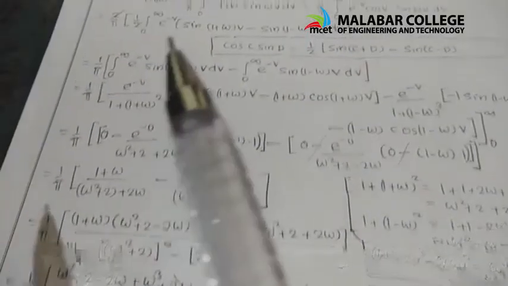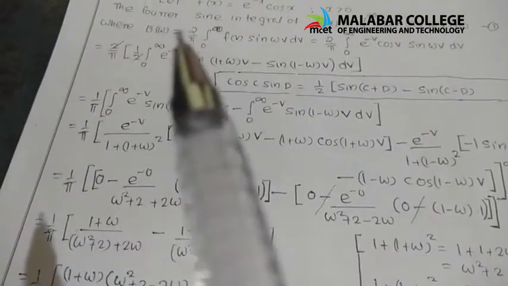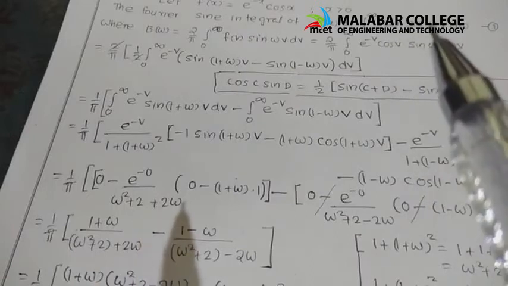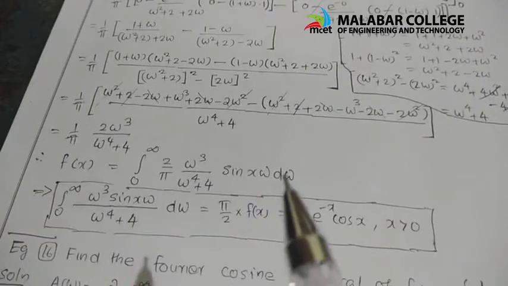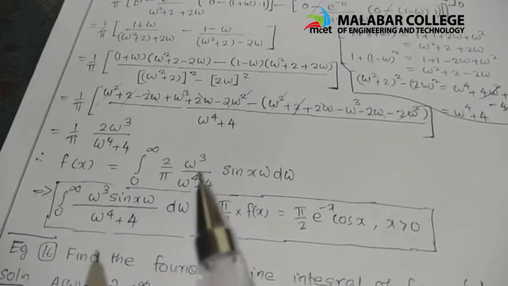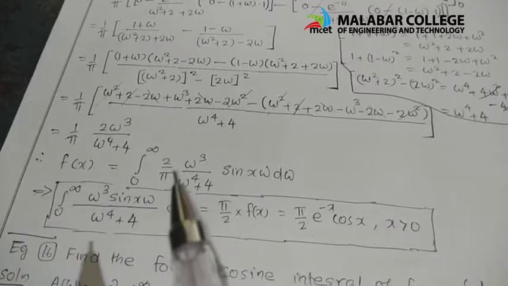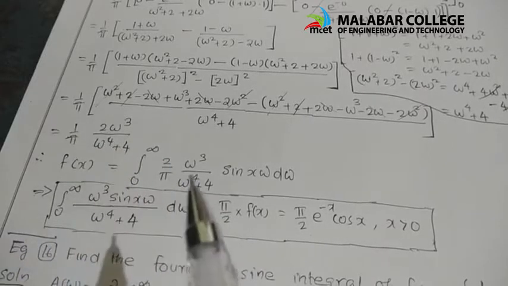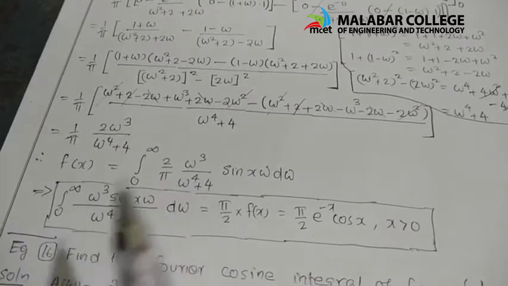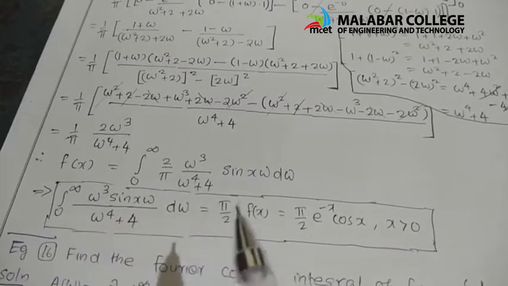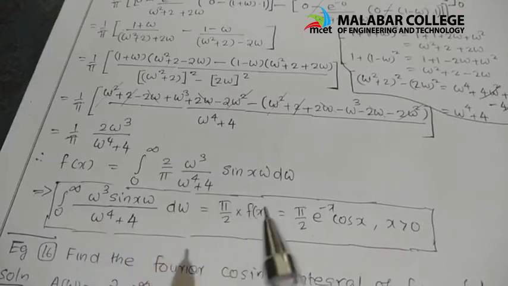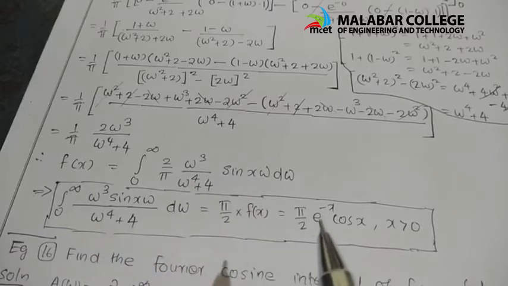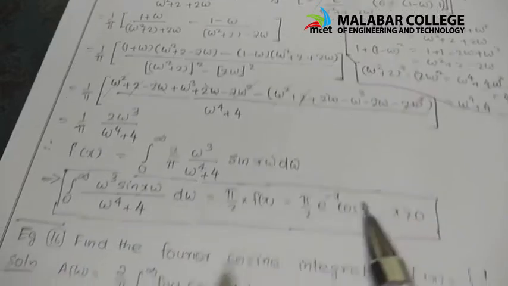So this is what our left side is. See what is this one? B omega here. This B omega we have to substitute in this place. Sin omega x will be there also. So sin omega x d omega will be there, writing this term inside. This is 2 by pi in the question in place of B omega. 2 by pi, this we have to write here. Then taking this 2 by pi out, this integral will get pi by 2. 2 by pi will become pi by 2 into f of x, equal to f of x, we have taken e raised to minus x, cos x greater than 0.